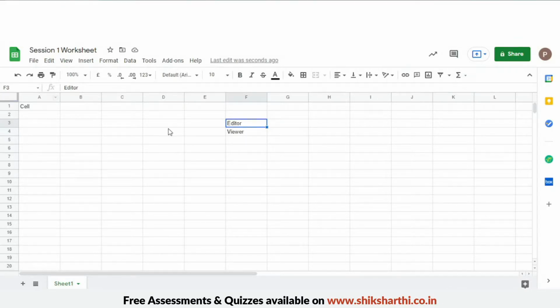So next, let's talk about these headers for the time being. Let's start with this. This is an undo symbol. Every time you click undo, it will undo the last thing you did on the sheet. Here I typed viewer, so now nothing is visible.